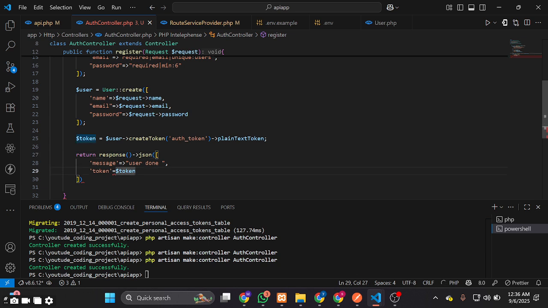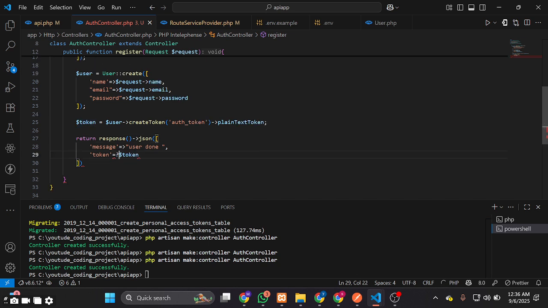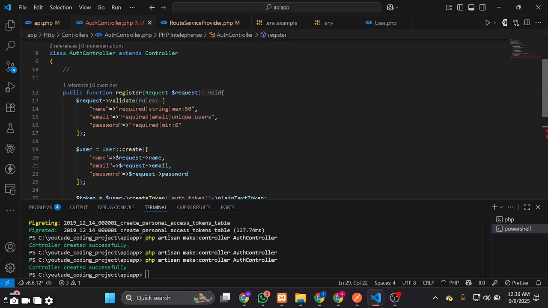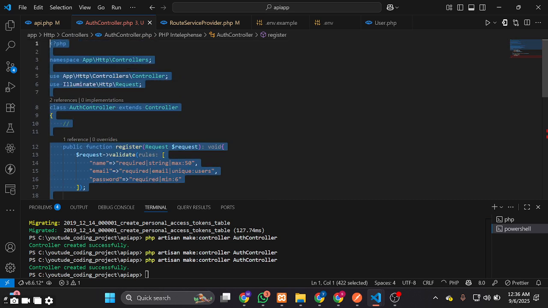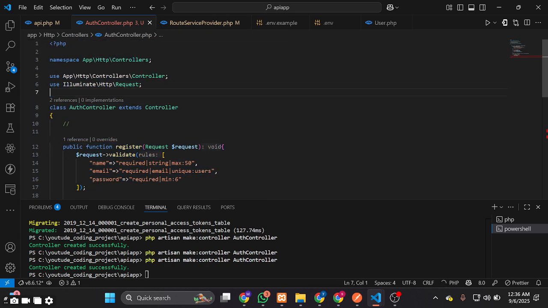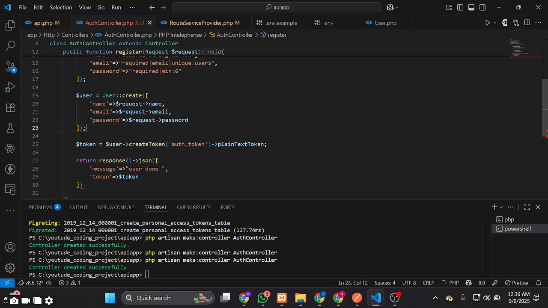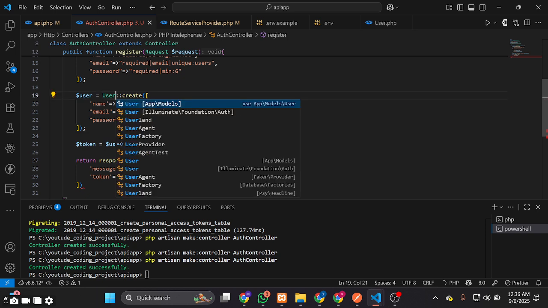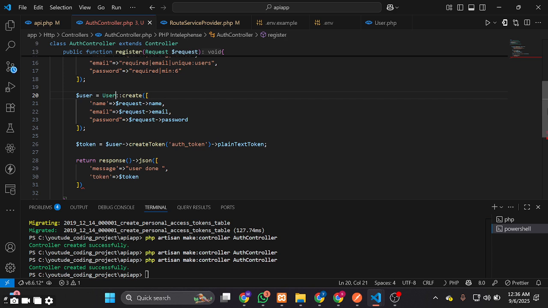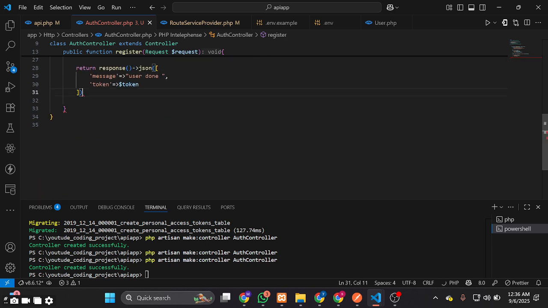So I have an error from here. So guys, you have to make sure you actually import your user module up here. So as you can see, I've not imported it actually, so let me do that. So say user modules, so I've imported that, and right here I'll come here. So after that, I'm also going to create